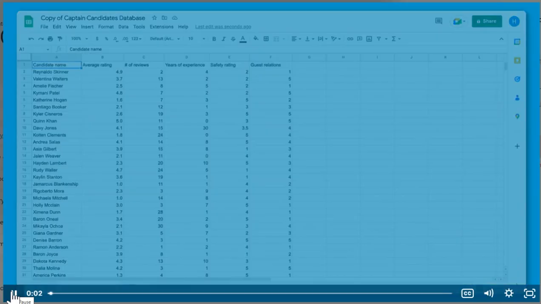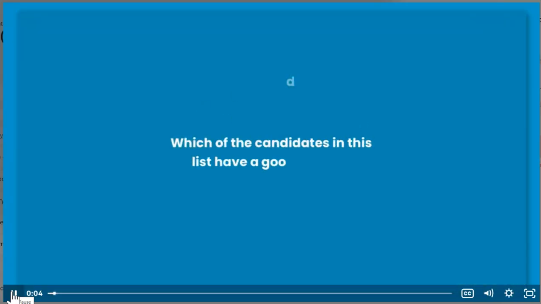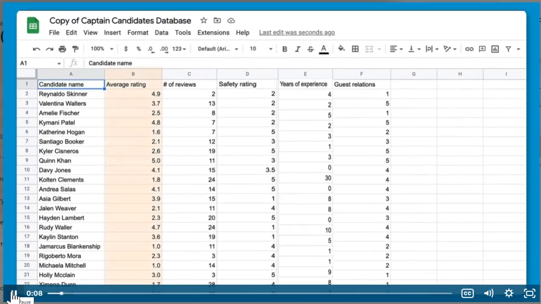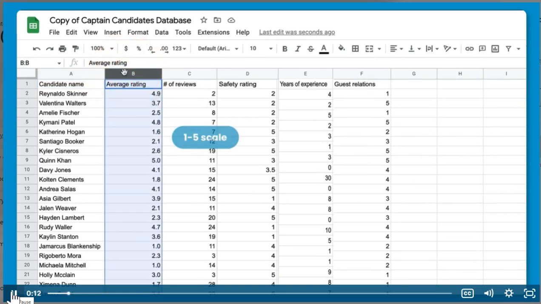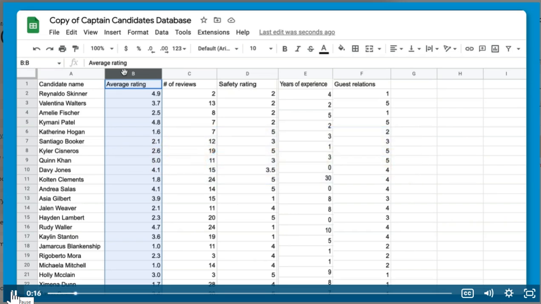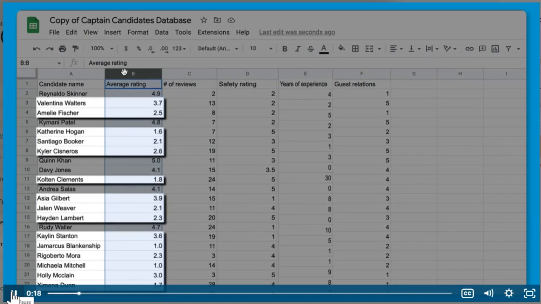In this video, we are going to figure out which of the candidates in this list have a good rating. Now, there's two columns we need to think about. In column B, we have the average rating on a scale of 1 to 5, just like you would imagine stars on an Amazon product. And it might seem intuitive to just filter out anybody who has below 4 stars, for example, out of this